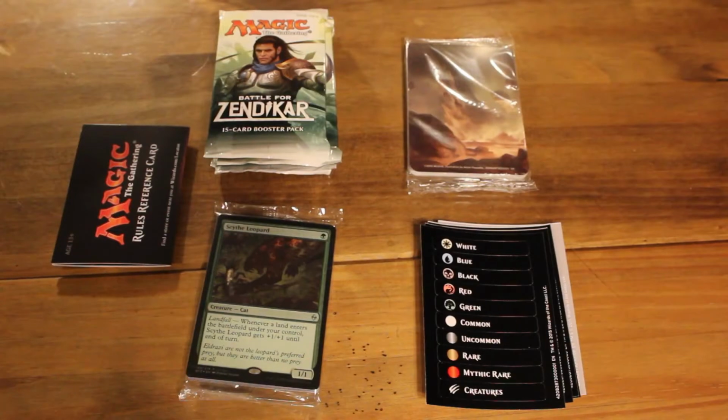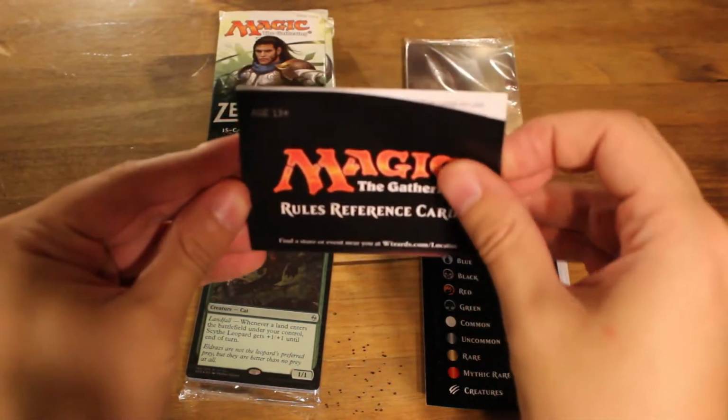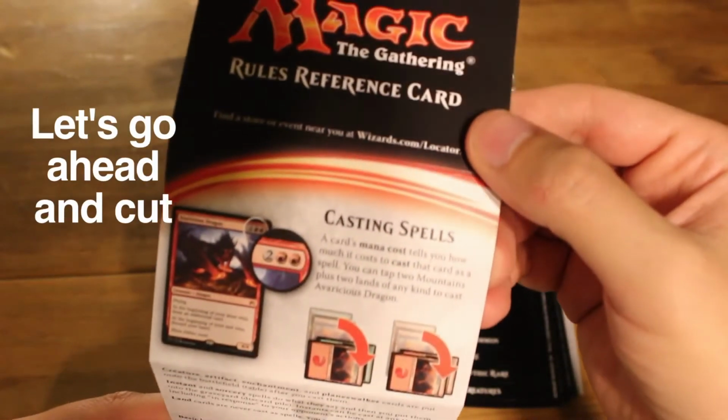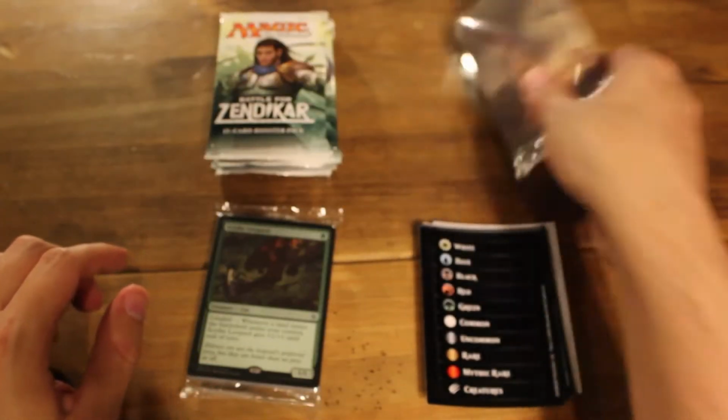Okay, so I'm thinking you guys will be able to see it a little bit better with this shot. So as I was saying before, this was the Magic the Gathering rules reference card, and it's kind of out of focus. Hold on. Here we go. So as you can see, it's just going over the casting. Next up, these are the,